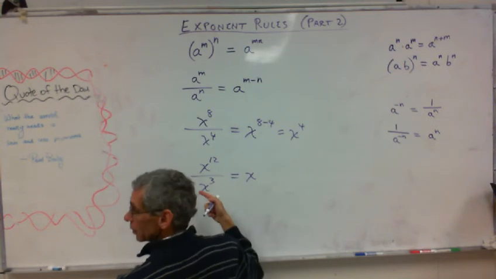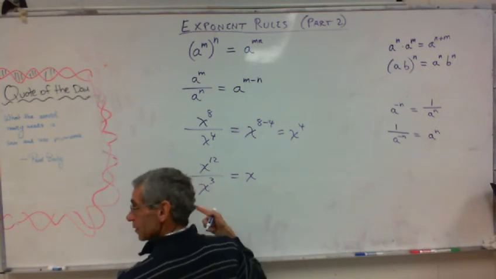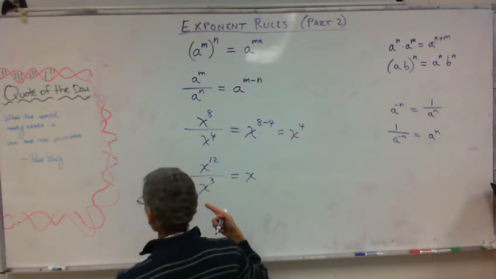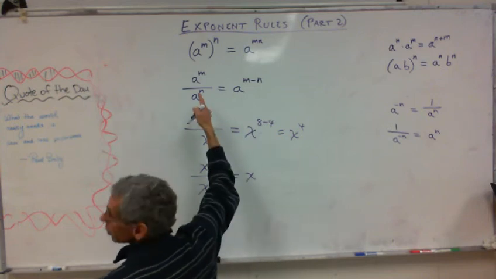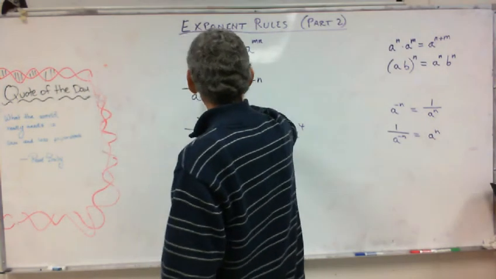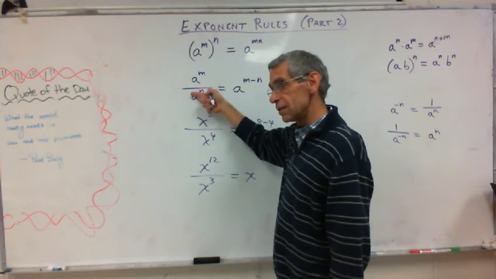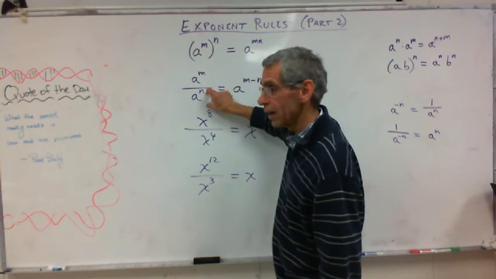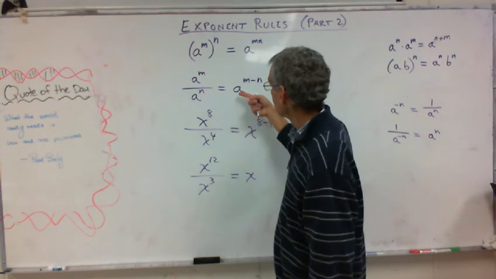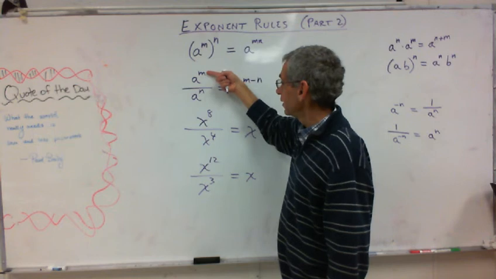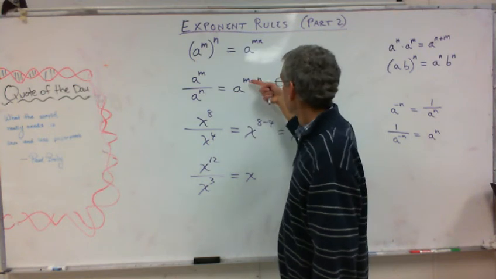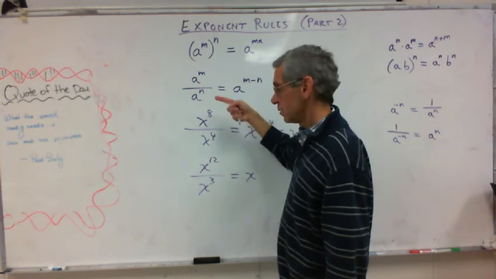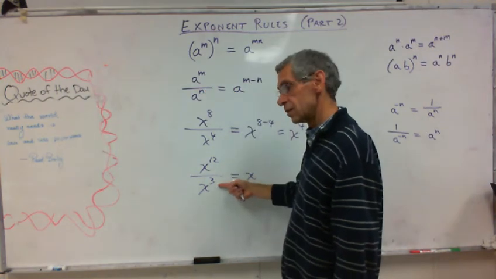So what would this be? Same bases, I'm dividing them. X to the 4? No, you're not dividing. So the rule, this is what I want you to do. I think you sort of spaced out from this rule. The rule says, if you have same bases and you are dividing, every fraction is a division problem, this divided by this, so the answer is the same base, this exponent minus this exponent. This minus this. So what's the answer? X to the